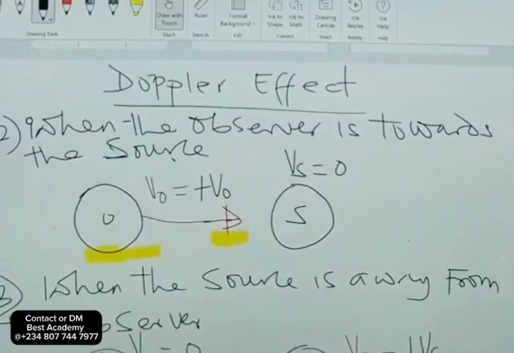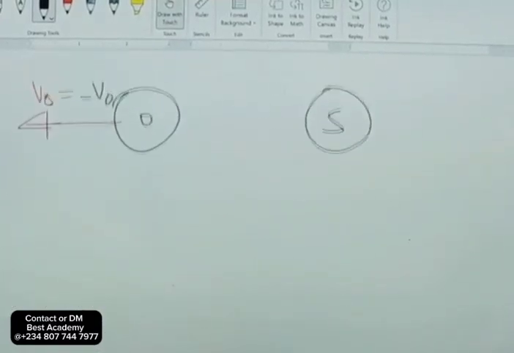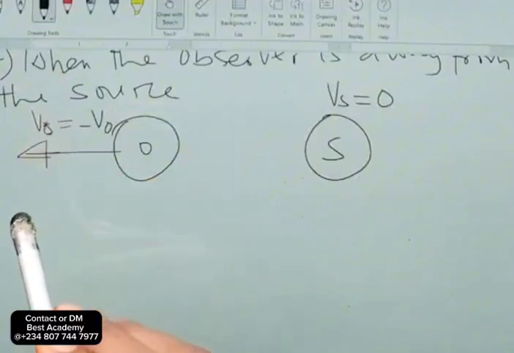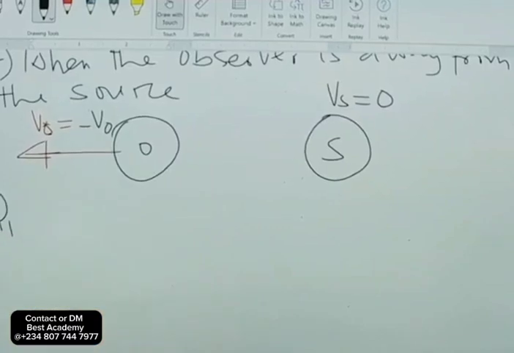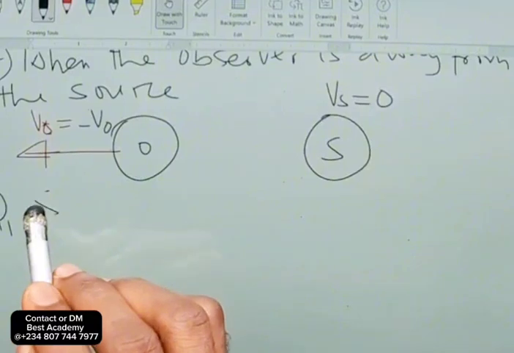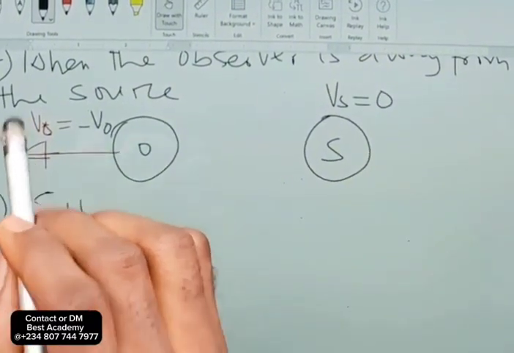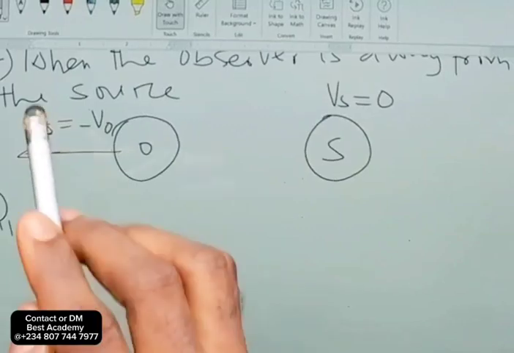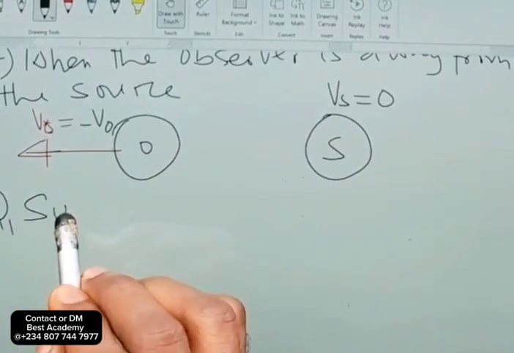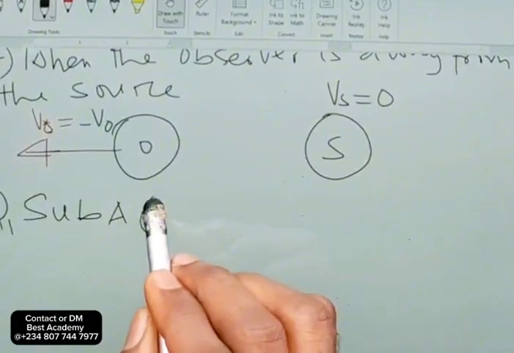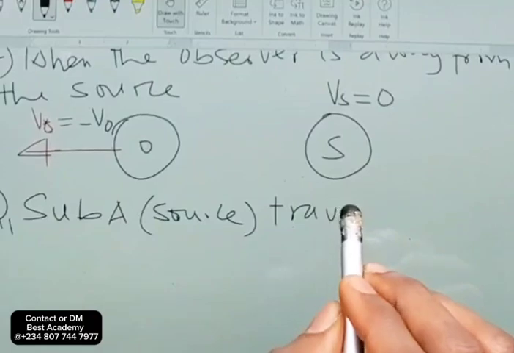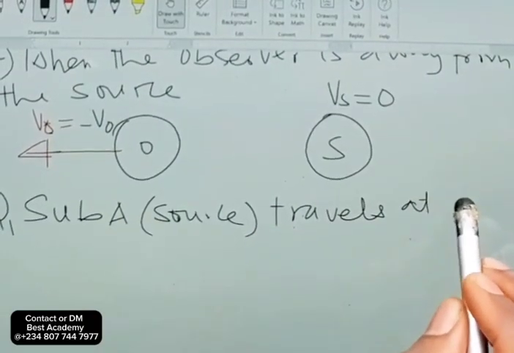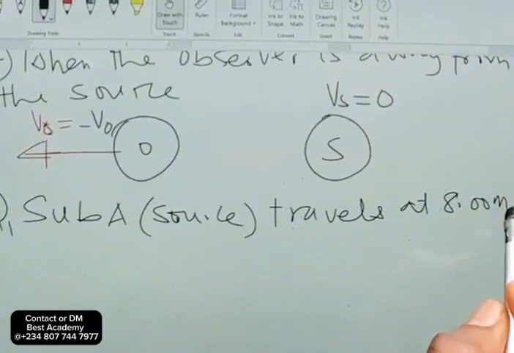Please take it. So let's take example 1 here to apply on this sign convention. Example 1, please. Then is question 1 on Doppler effects. Let's take question 1 here. Sub A in bracket, source travels at 8.00 meter per second,